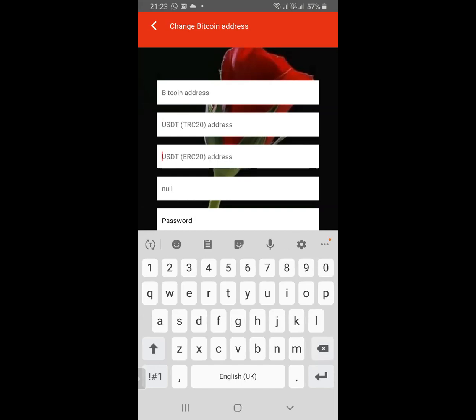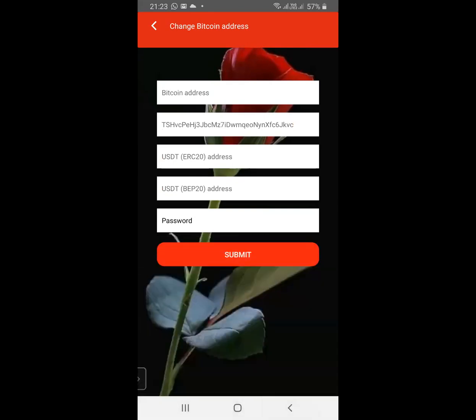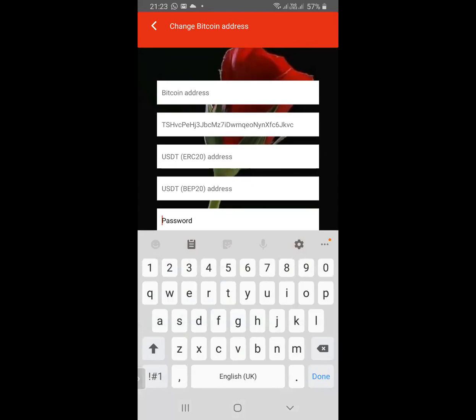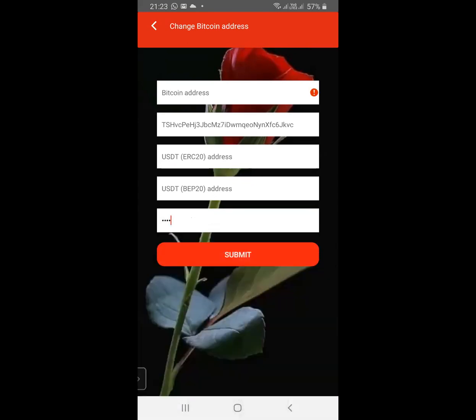You're also able to input maybe your USDT ERC20 or maybe BEP20. So in this case, we say, for example, we want to input our USDT TRC20 address, click it there, and definitely you just key in your password here, and then you just submit.